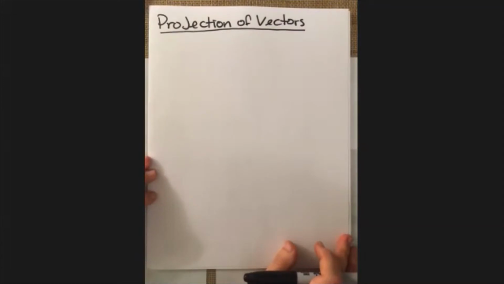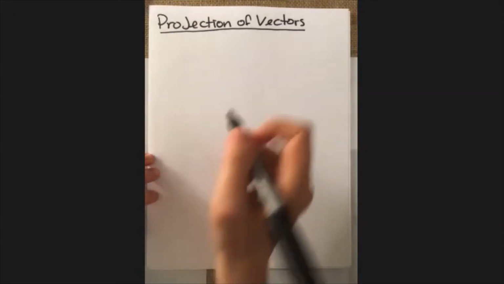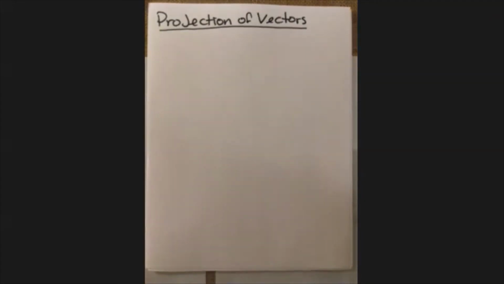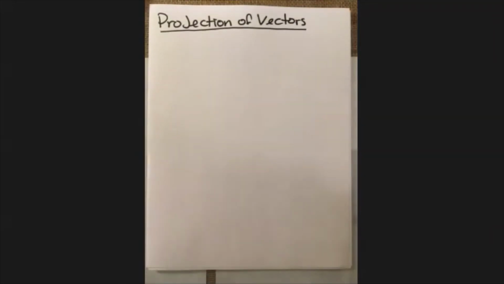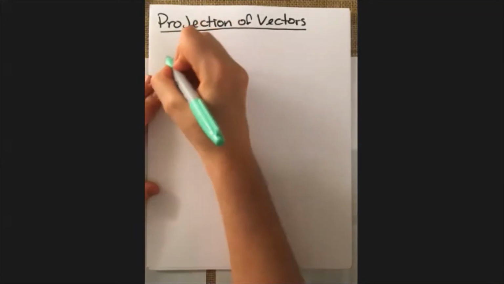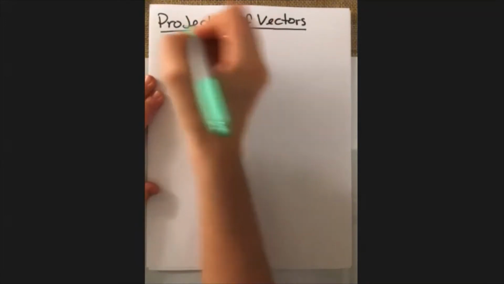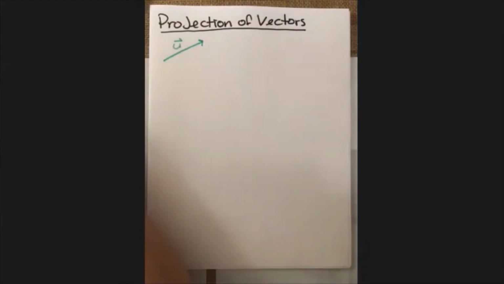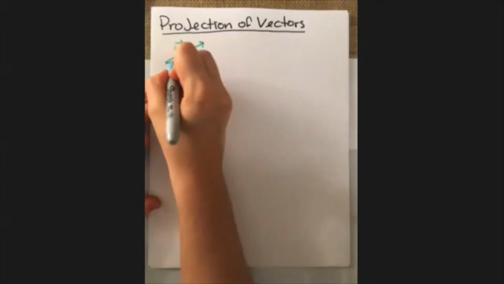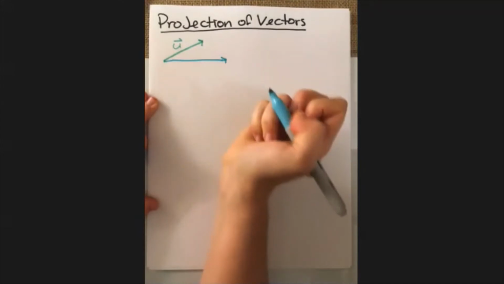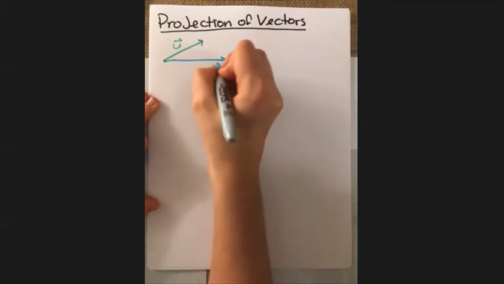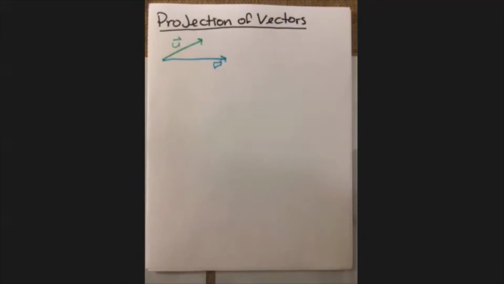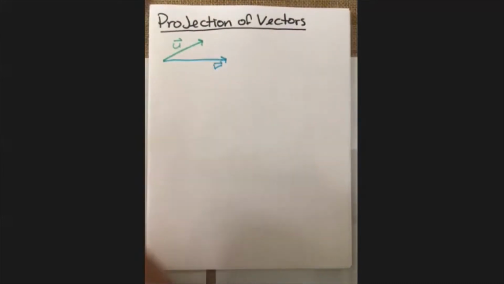In this video, we're going to go over some examples of projection of vectors onto each other. Before I go into the examples, I want to draw a picture to offer some intuition behind what we're going to do. Suppose that we start with two vectors, a vector u and a vector v. And if we want to project a vector u onto a vector v, what we can do is